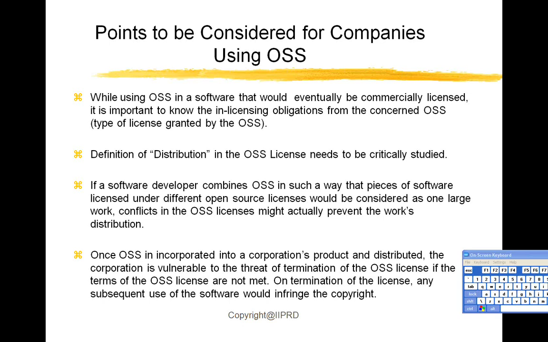The last point is also quite self-explanatory. It says that once the open source software is incorporated into a corporation's product and distributed, the corporation is vulnerable to the threat of termination of the OSS license if the terms of OSS are not met. So we have to understand what the terms of the open source license are. We have to understand what the distribution clause says. We have to understand what kinds of improvements can be done, to what extent we can add more code to it, and to what extent